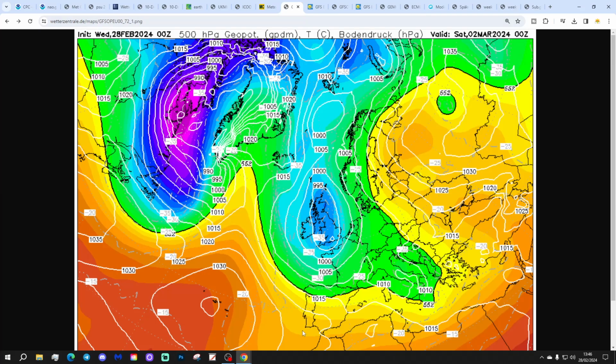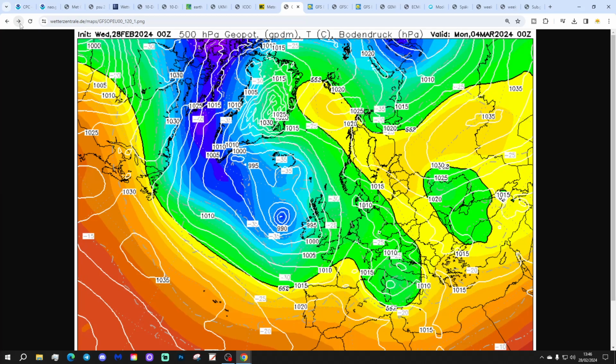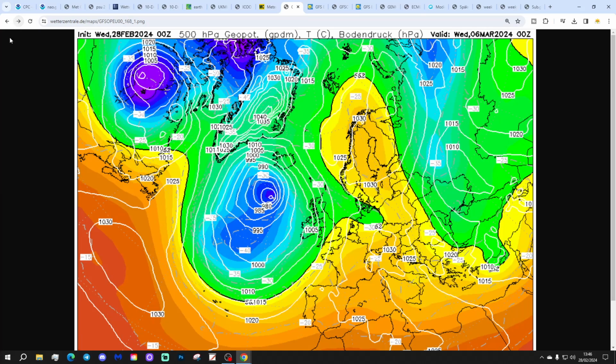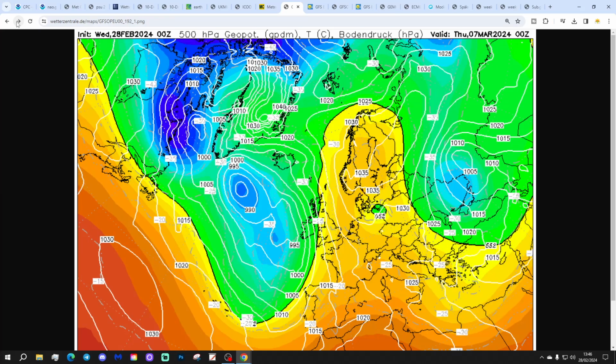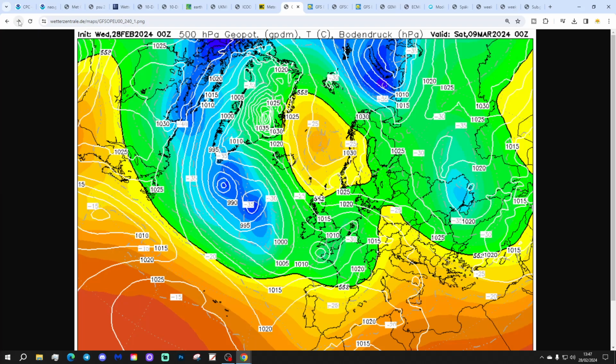Right, okay, let's move on to the GFS then. So again, we've got the trough of low pressure over the top of the country on Saturday, bringing showers and long spells of rain, keeping that low pressure going through the weekend and into the beginning of next week, with further low pressure coming in from off the Atlantic, so further spells of wet weather to come, and pretty mild as well, with winds coming up from a southerly direction between the high pressure to the east and the low pressure out to the west. Now we finish up by day 10 looking like that.